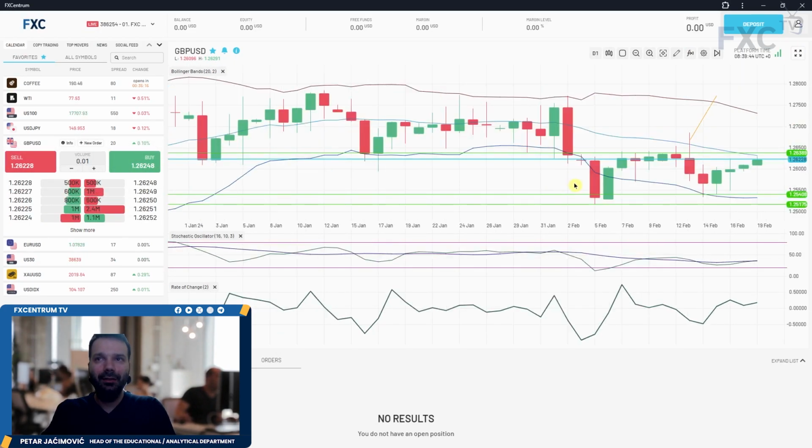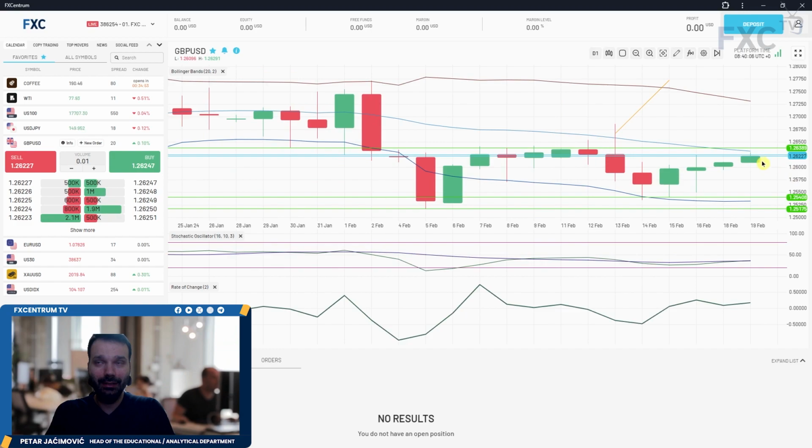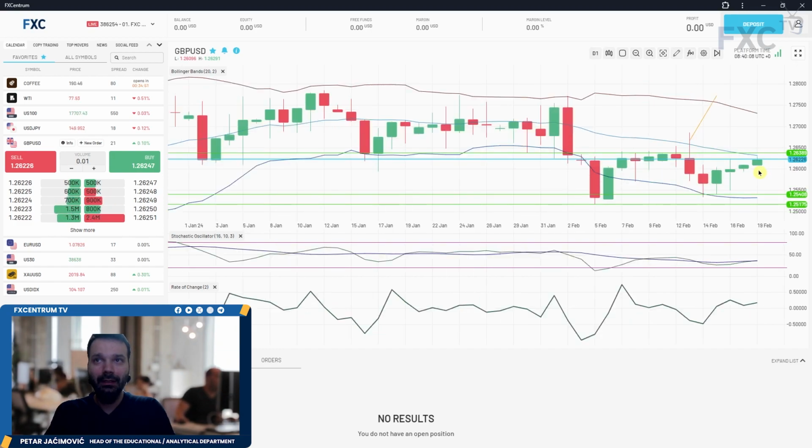Now, speaking of the pound dollar, what happened here is after market had this big rejection in the background and followed by a down day, the lower Bollinger Band actually acted like strong support around 1.2540, and market rebounded all the way to the middle Bollinger Band, and it's exactly right now sitting in the middle Bollinger Band. So because of this activity and the big rate of change